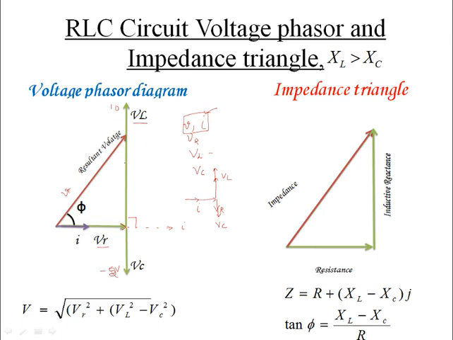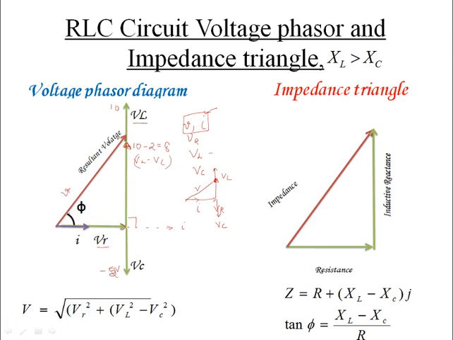So what will be the equivalent of these two phasors? It will be positive, no? So this equivalent will be 10 minus 2, right? So that will be 8. That is, VL minus VC will be along this direction. VL minus VC will be along this direction, or this is the VL minus VC. So this resultant is V. So VL minus VC, this is V, this is VR. Hope it is clear.